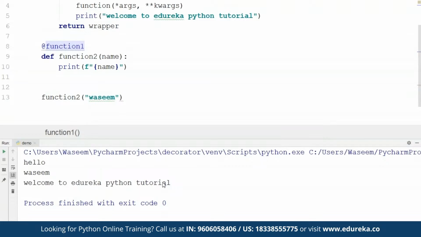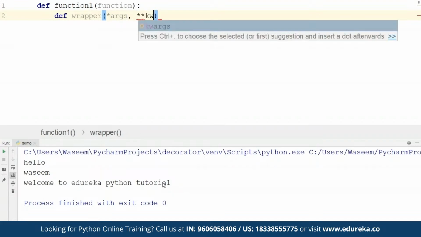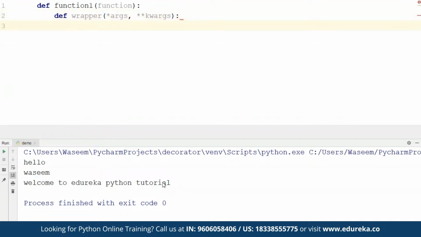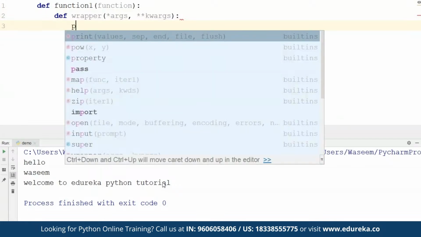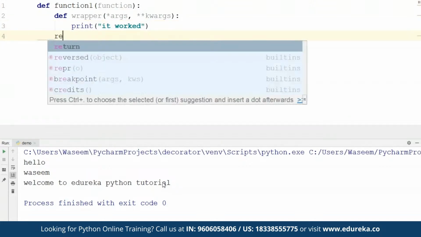I'm going to use a function in which I'm going to return values from a decorated function. So I'll define a function number 1, and inside this I'll pass function again, and now I'll define a wrapper function with a few arguments. After this it's going to work the same way like we did. I'm going to write print, let's say it worked, so it will show us that it worked. I'll return wrapper,